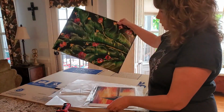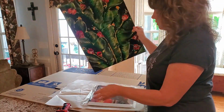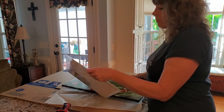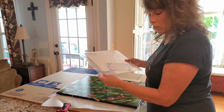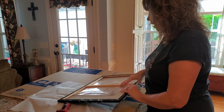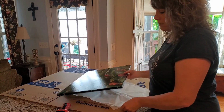Here's my 18 by 24 canvas. It's painted, it's sealed, it's signed, and I'm going to ship a free print and a little note and my business card with it. So I'll just tuck that in behind the painting. And I always use